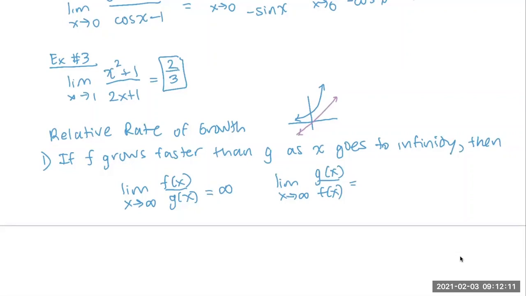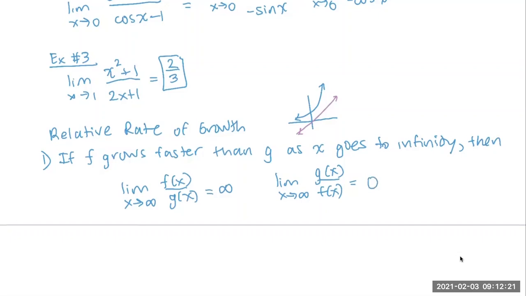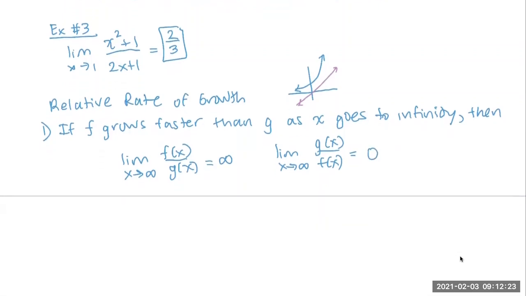Okay, so a bigger bottom means that you guys are thinking of this fractional value like 1 over a million. And the smaller that fraction, the closer it is to 0. Okay, so those are the two results. If f grows faster than g or g grows faster than f would be the reverse of that. But what if you compared the two and you got that f and g grew at the same rate? So if f and g grow at the same rate